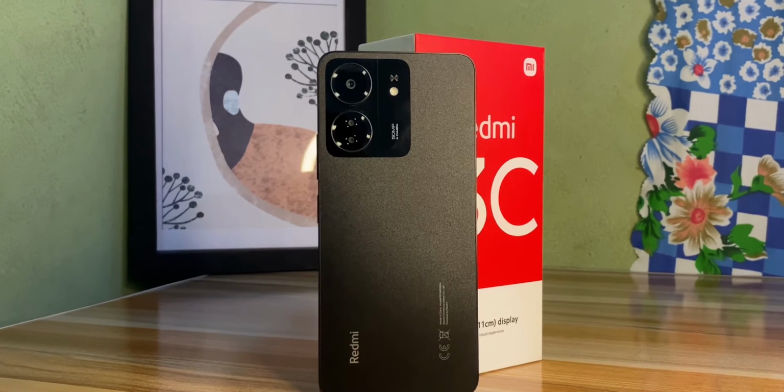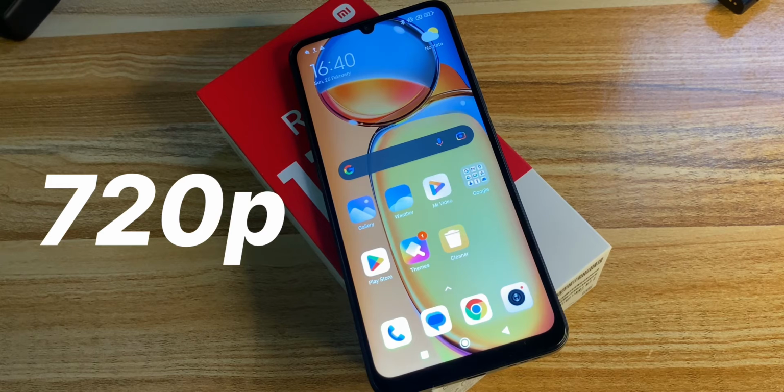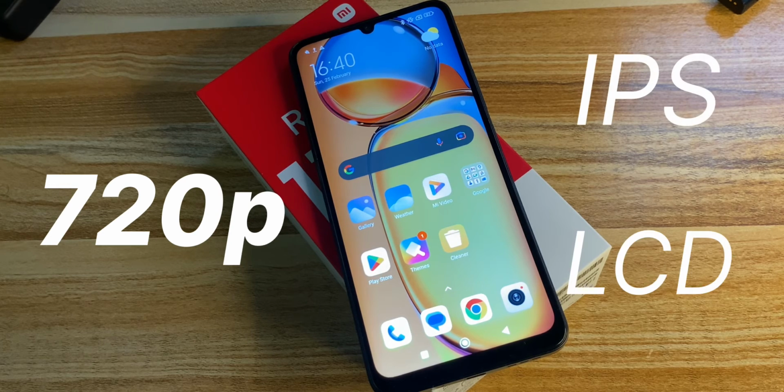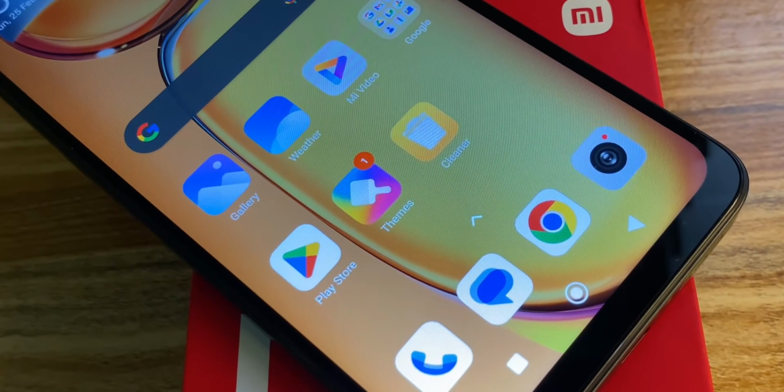Moving on to the screen, this is where the Redmi 13c screams budget device. This is a very tall phone. It stands at 6.7 inches tall, and it comes with a 720p display. Yes, the Redmi 13c is a 720p IPS LCD display, and if you peep, you would see a few pixels here and there. We have a U notch for the selfie camera, few thick bezels, and